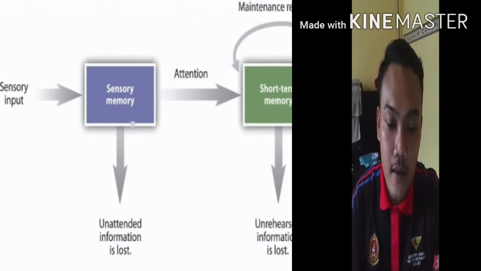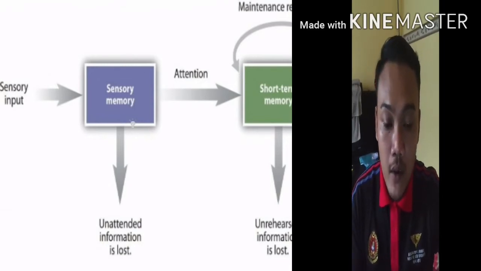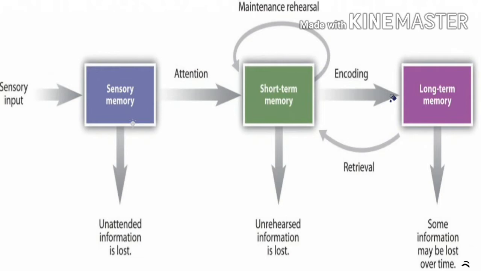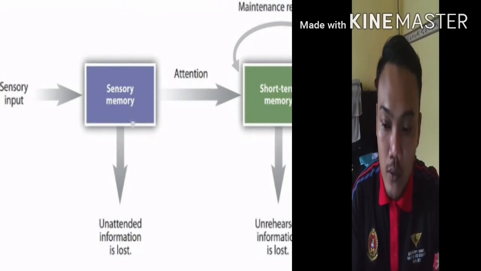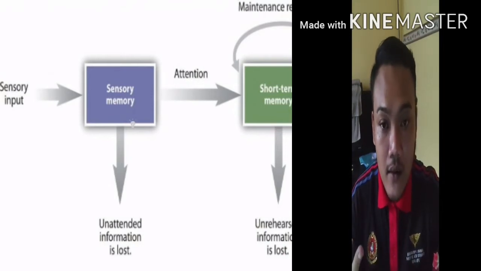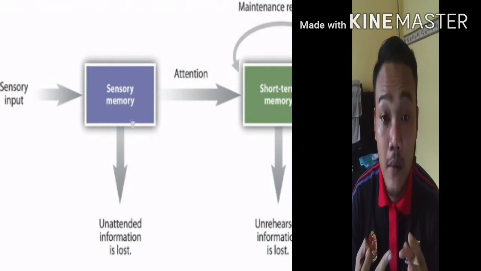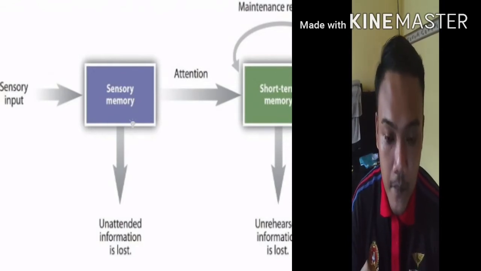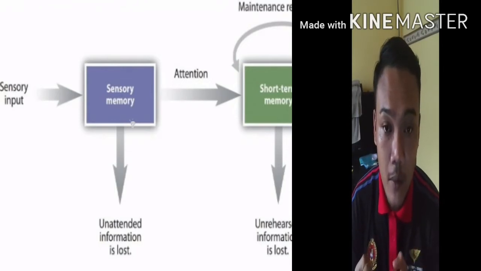So now we gonna move to the long term memory. What is long term memory? Long term memory is once information passes from sensory to working memory, it can be encoded into long term memory. Maksudnya kita tengok benda tu, contoh kita ingat stages of memory ni kita tahu ada 3. So kalau kita dapat faham, kita rasa benda ni, input ni penting, otak kita akan encode benda ni, and dia akan jadi long term memory. Kita akan ingat